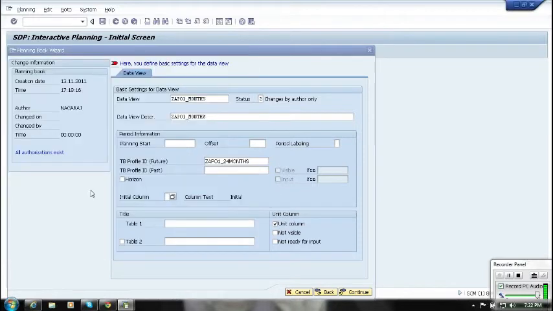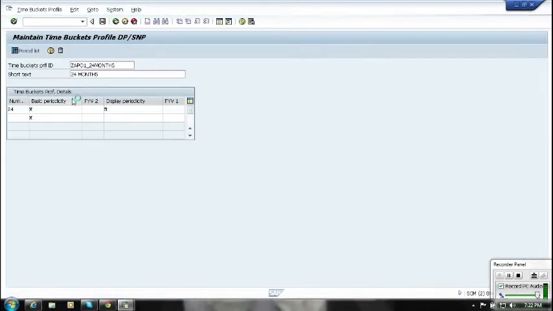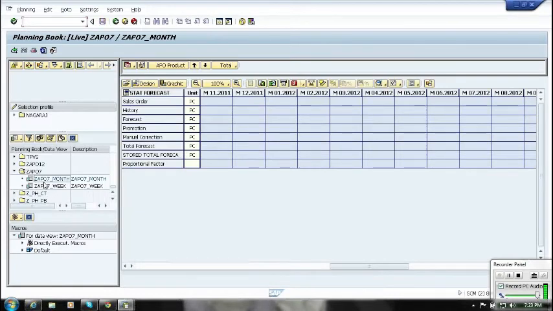So that we are just selecting how we want to view the dates, right? Like months or days or weeks. Yeah. Here you can see in interactive planning, you have the option to select the data view only.